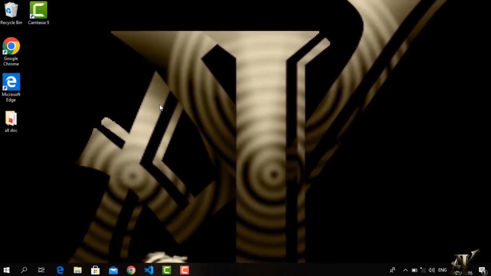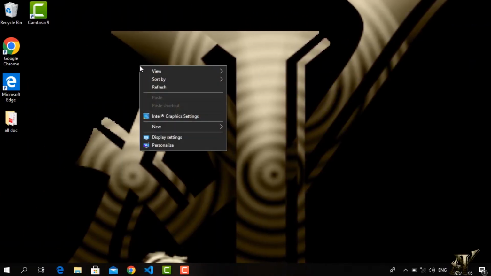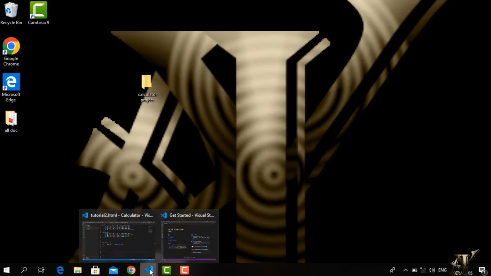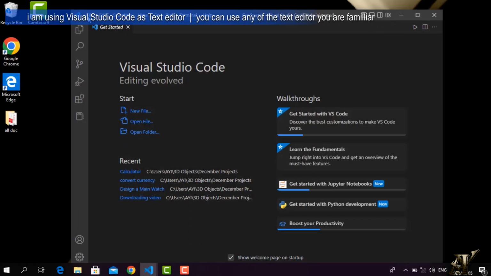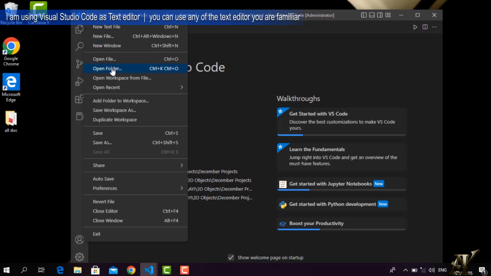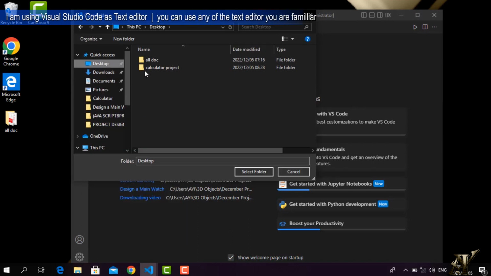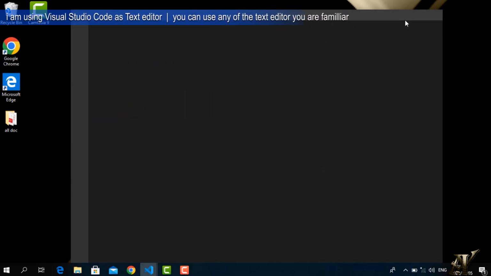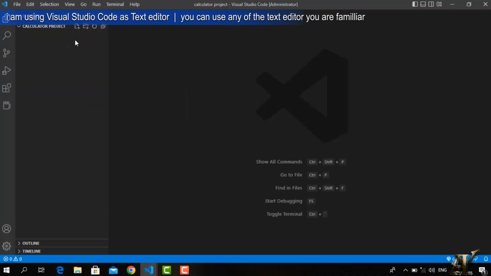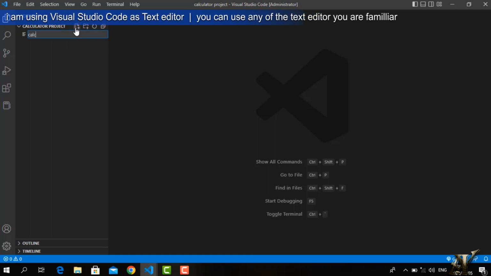I'm going to go to my desktop and create a folder. I will name it calculator project. Then I'm going to go to my Visual Code. I'm going to go to File, open a folder, go to Desktop and then open my folder. In this coding video, I'm going to create 3 pages. The first one, I'm going to call calculator,